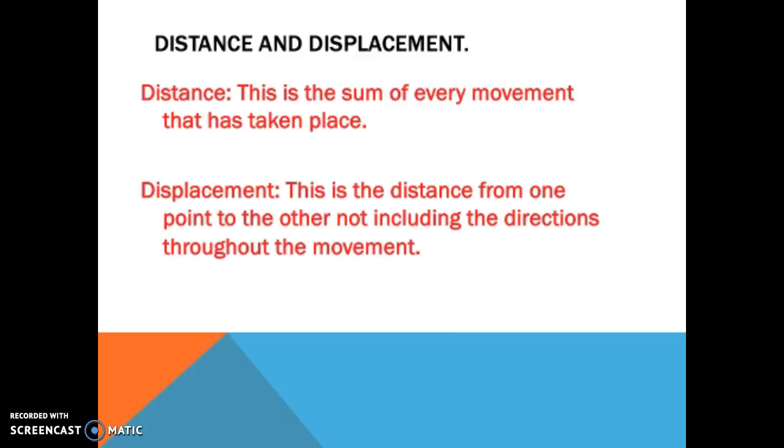It can be used in a basketball game when getting a rebound, in that if the rebounder is on one side of the court and needs to get to the point on the opposite side of the court where the rebound is going to take place, and the distance between these two points is, say, 13 metres, the displacement from the point they're currently in to that point where the rebound needs to happen is going to be 13 metres away, and that's going to stay the same regardless of